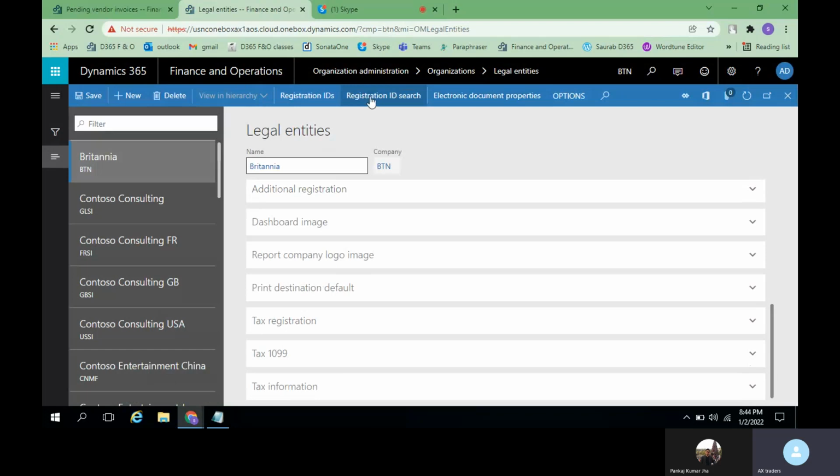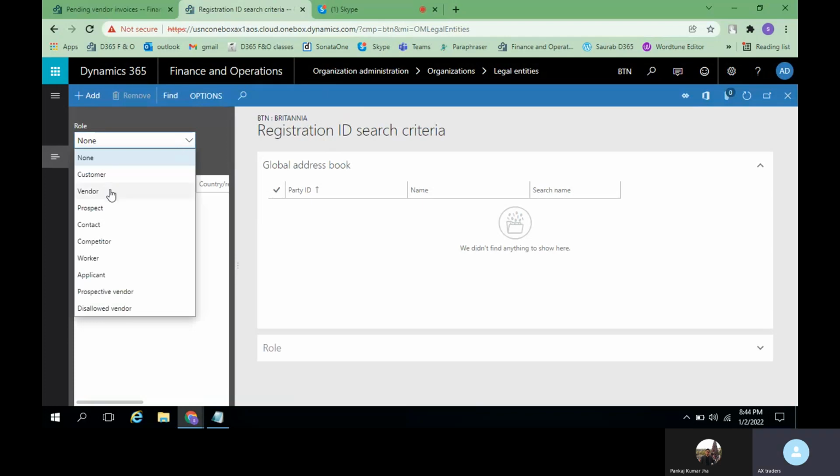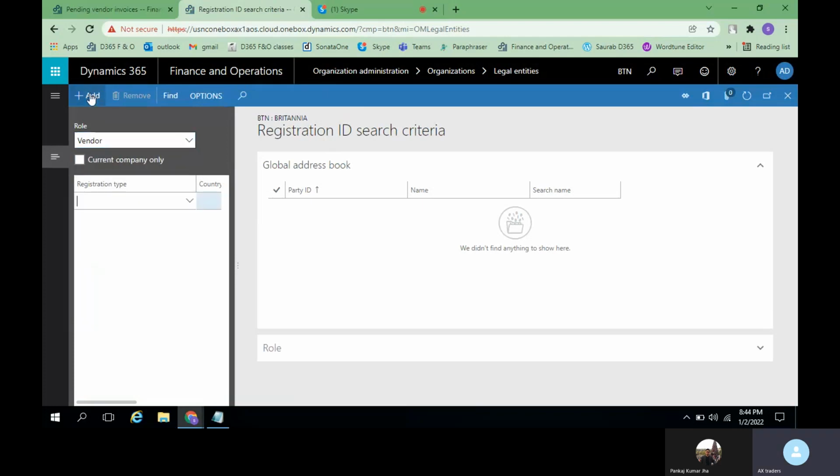So let us see what this registration ID search is. Let us select the vendor and click on add. Again, these might be country specific. If you have any specific details related to the vendor, you can enter them.